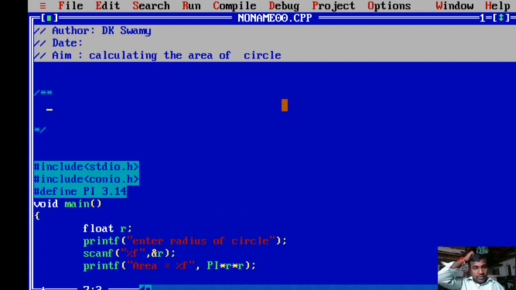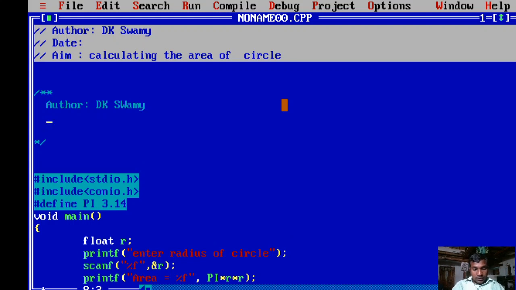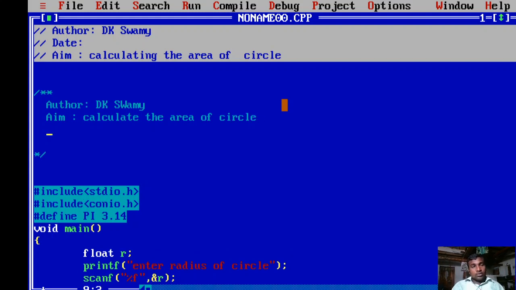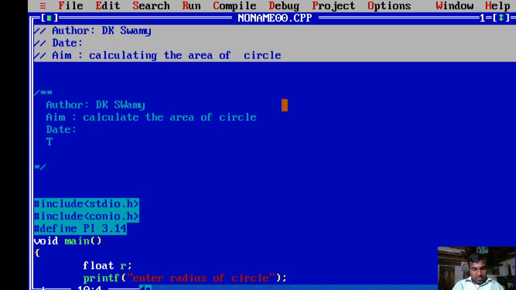Here you can write anything: author DK Swami, and aim of the program, calculate the area of circle, date of the program, time of the program.